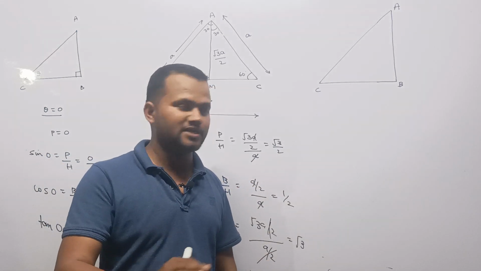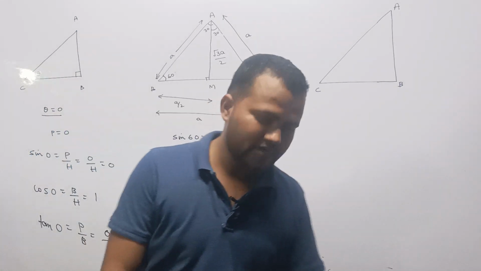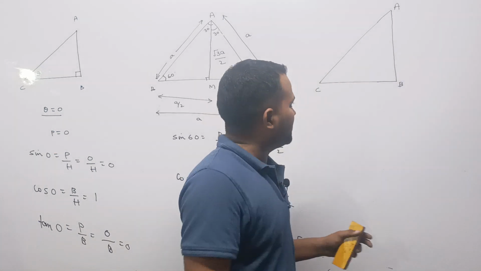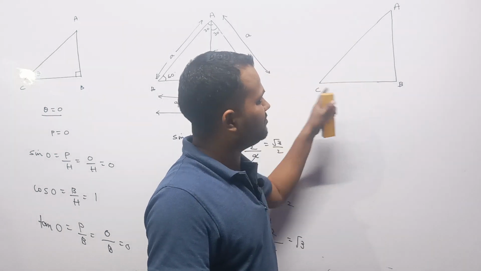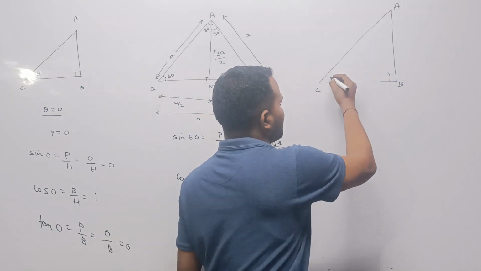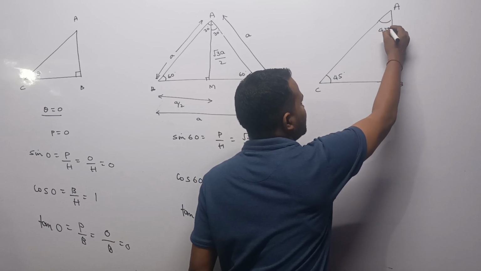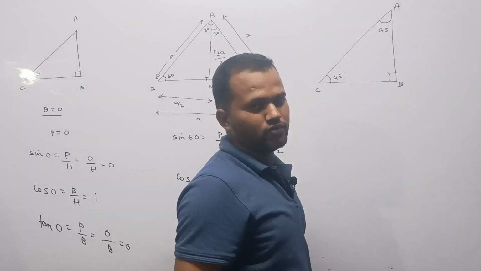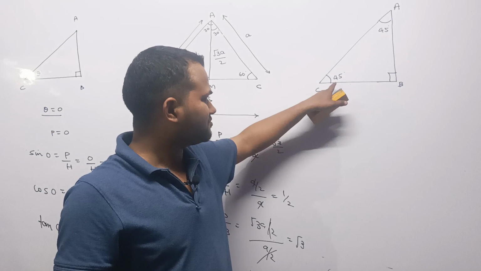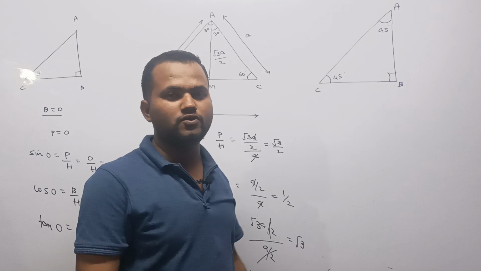the very same steps. Now coming to the value of 45 degree, how we find out the value of sin 45 degree, cos 45 degree and tan 45 degree. So now let's come to this figure ABC, where the right angle is being formed at angle B. If this angle is 45 degree, definitely this angle also has to be 45 degree because it is 90 degree, and as we know, summation of all the angles in a triangle is 180 degree. That's why if angle C is 45 degree, angle A has to be equal to 45 degree.